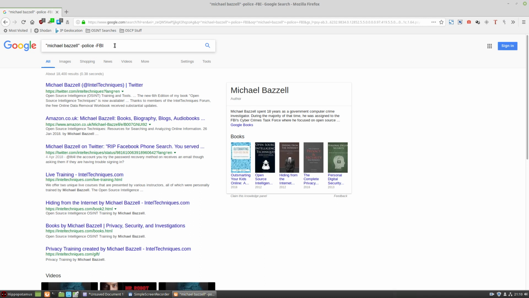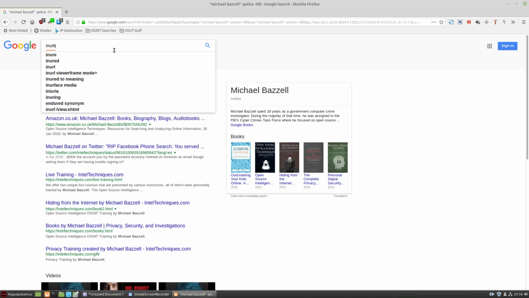Okay, the next search that I'd like to go over with you is inurl. Okay, the inurl operator, what it does is it basically allows you to search a URL for a particular thing that you're looking for. Let's say, I don't know, in this URL, is there any WordPress sites that are available? So what we could do is we can go inurl, and let's say, I don't know, we want to use WordPress. Okay, so we'll use /wp,